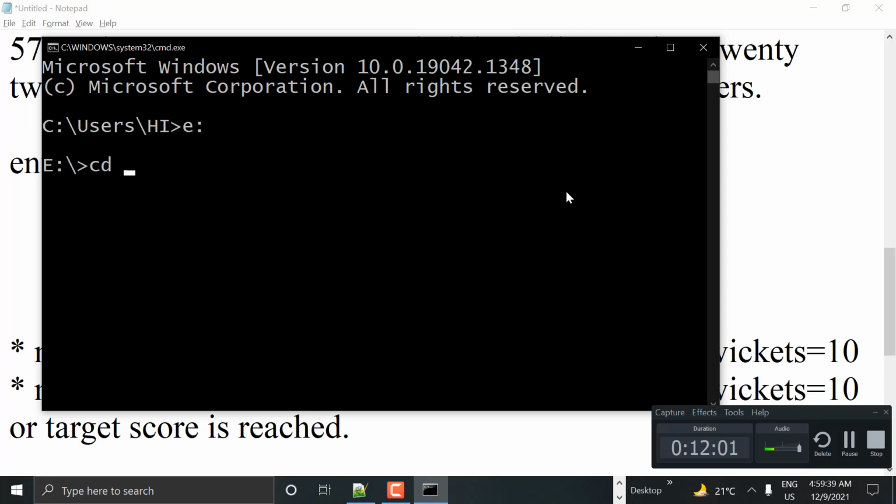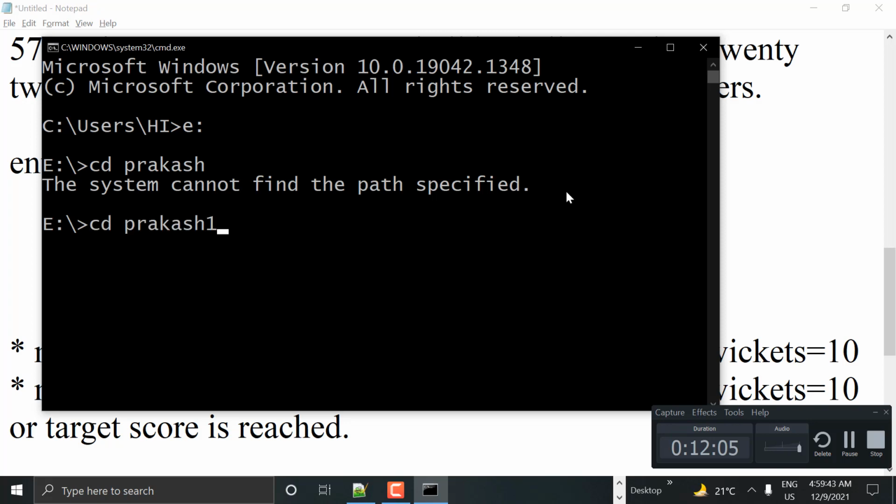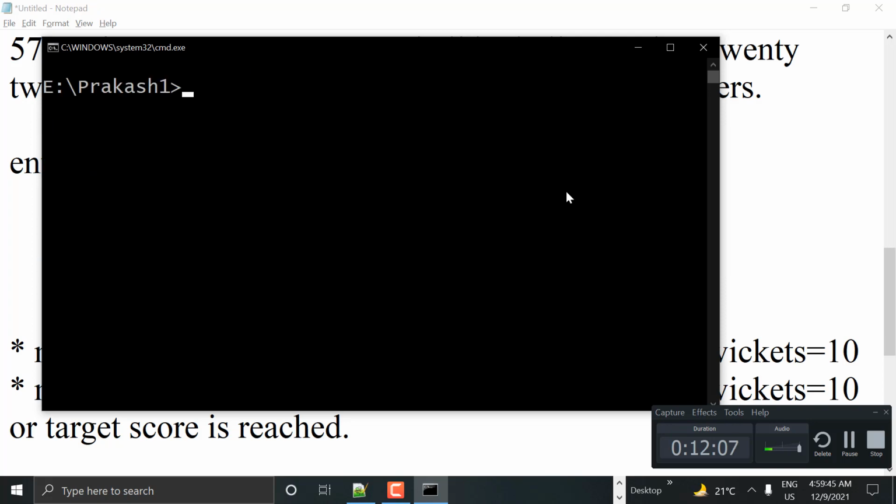Going to our folder, cd. Now javac task57.java, and then java task57 to execute it, guys.